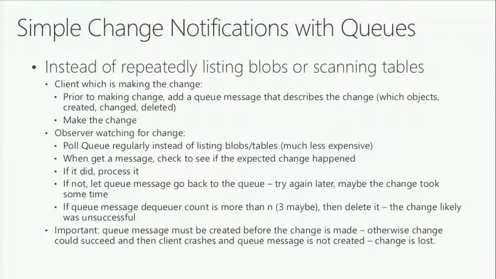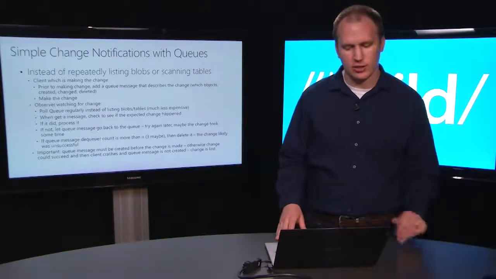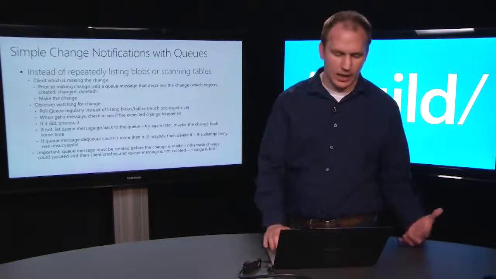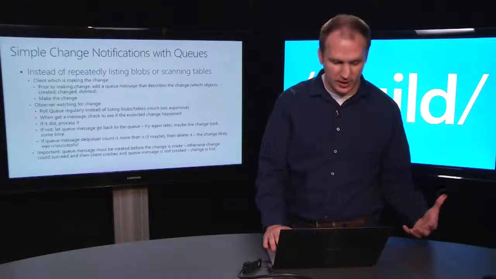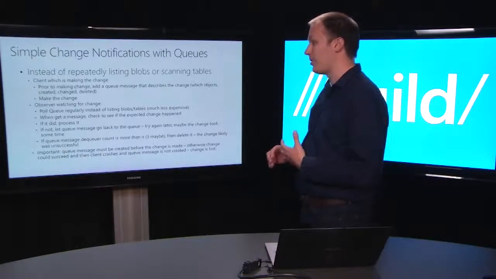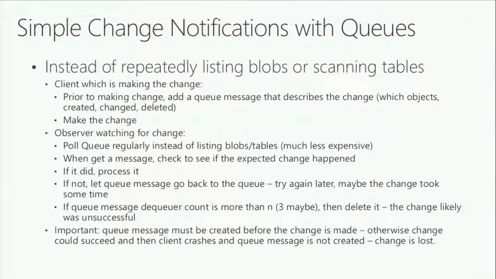Queue messages have a dequeue count, so you can see when the message has been dequeued maybe 3 times. Once that's happened, maybe you can assume that the client that was trying to make the change actually failed after it updated the queue message. And then you can just throw away the queue message and assume that the change was unsuccessful. One important thing here, as I said, you really need to make sure that the queue message was created before the change is made. Otherwise, you could lose the fact that the change was made and not perform whatever processing you meant